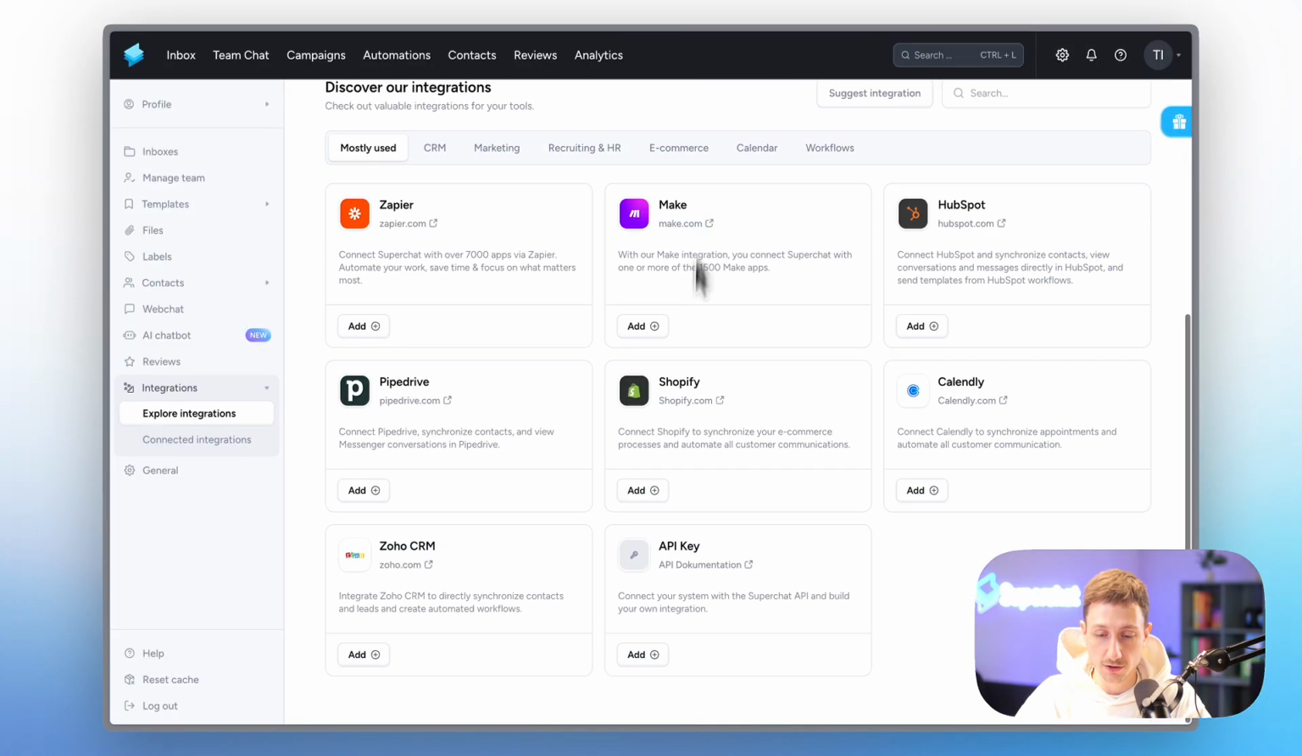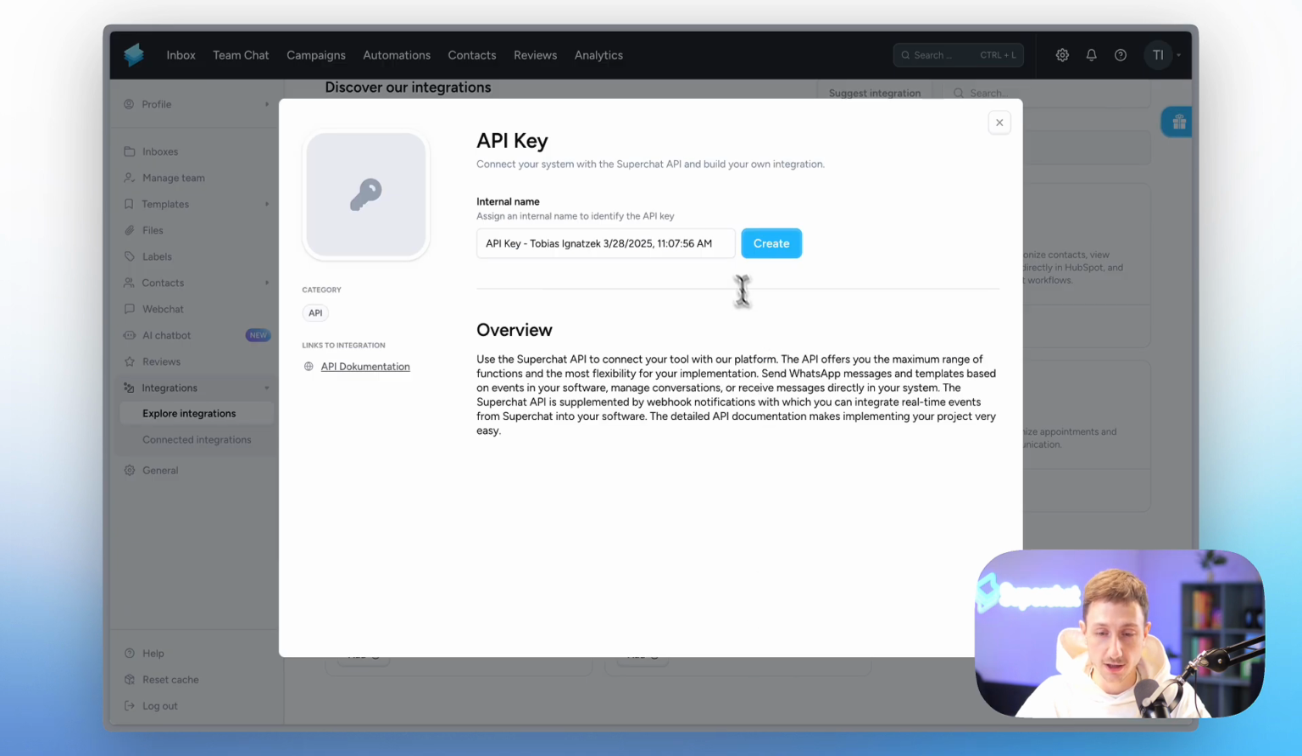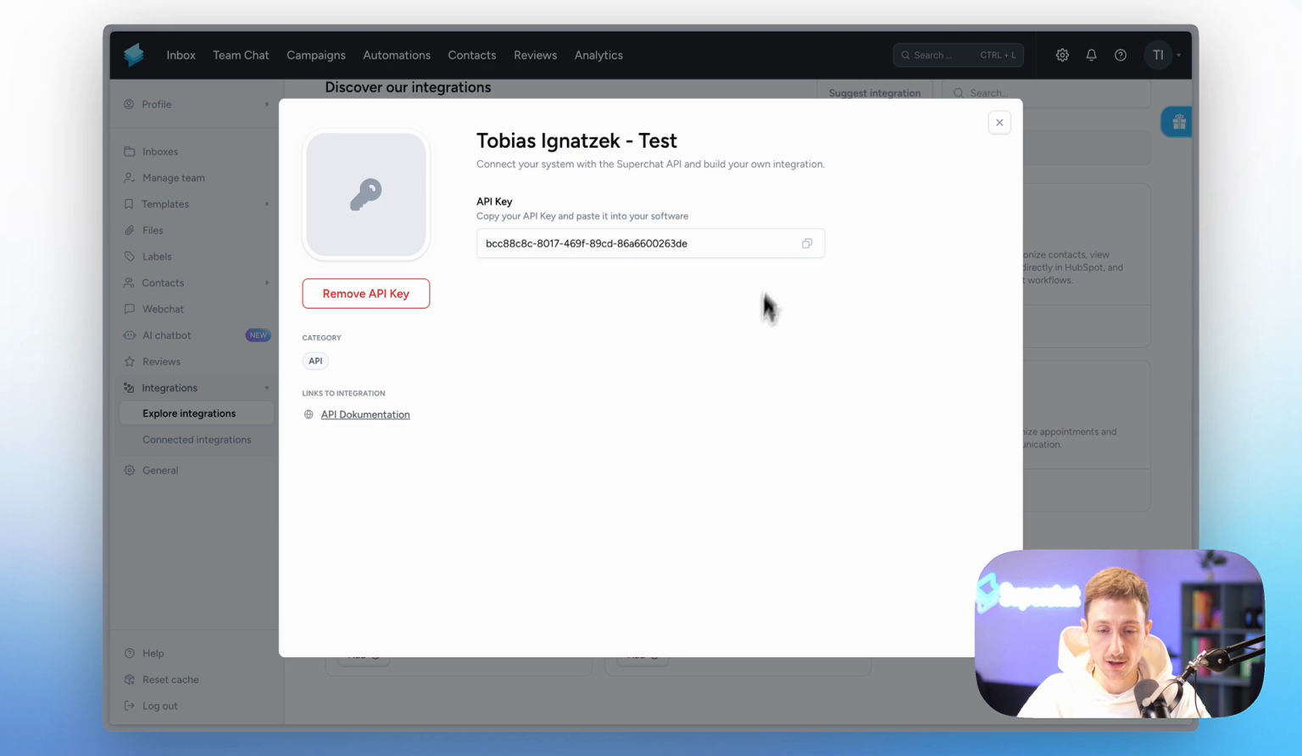If you scroll down to the bottom, you find this API key card here, and you can click on it. You then can select or set an internal name for your API key, for instance, your name and purpose, and then you hit this create button here. Now you got your API key, which you can copy from this icon here, and then go over to our